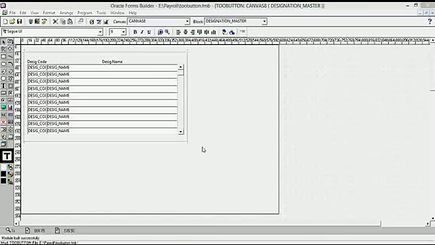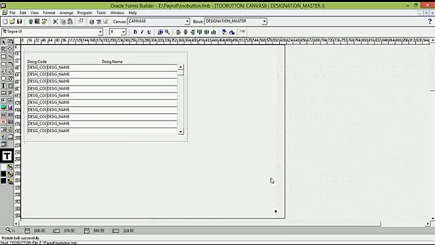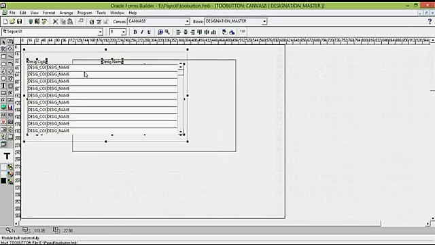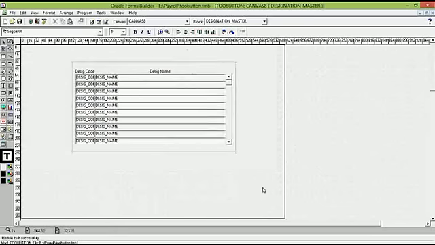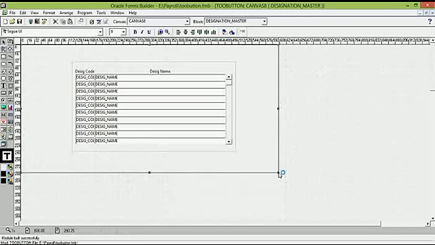Okay, let's try it out. So let's resize this window, and we will just look at the output, what the output comes to at runtime. So we just resize the window and make it a little smaller, and we'll go to the properties of this window and make some changes there.